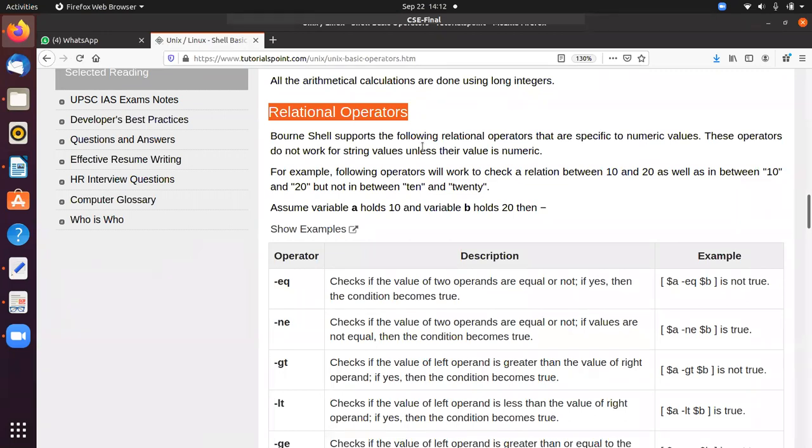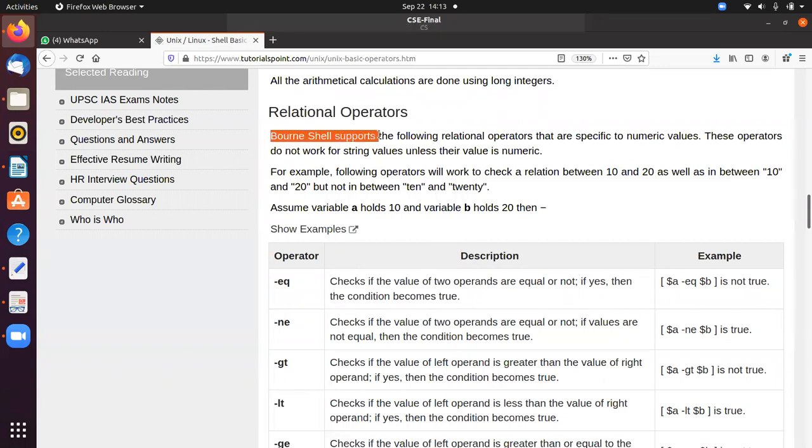That's it. That means if you take two quantities, a equals 10, b equals 10, then what is the relation between these two? Both are the same. If a equals 10, b equals 20, then what is the relation? A is smaller than b and b is greater than a, and a not equals b. So these are the relations. By using the relational operators, you find the relation between two operands and it returns either true or false. That means at the end of executing these relational operators, we get a result, either true or false. That's it. Okay, so now we can see that.